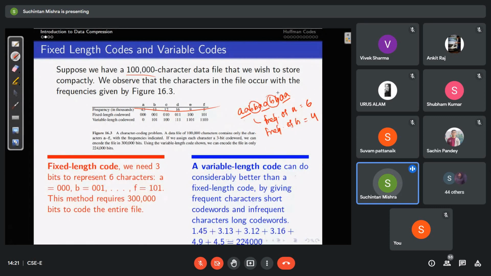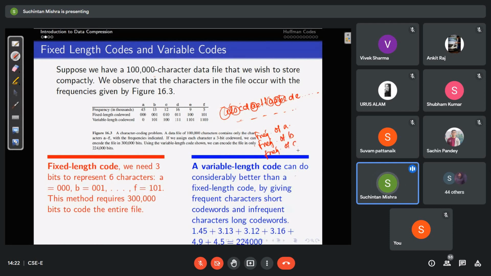Now, similarly, imagine for this 100,000 character length string, A will be occurring multiple times, B will be occurring multiple times. So similarly we can calculate frequency of A, frequency of B, frequency of C, so on and so forth. And since the length of the string is 100,000 characters, now these frequencies also will be in the order